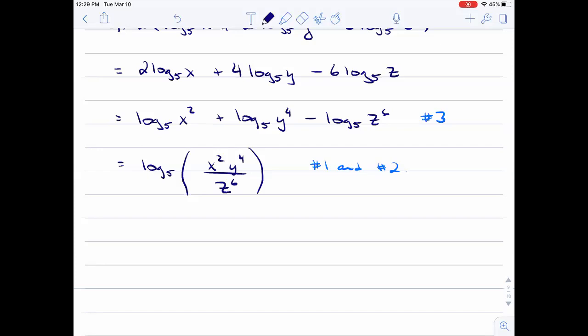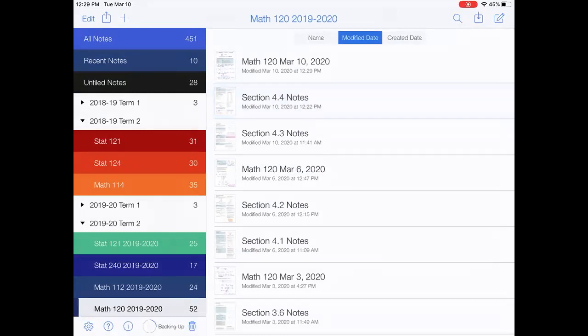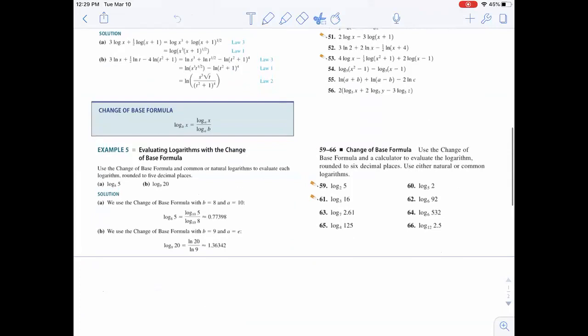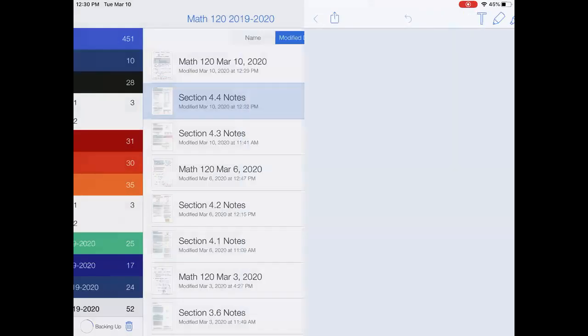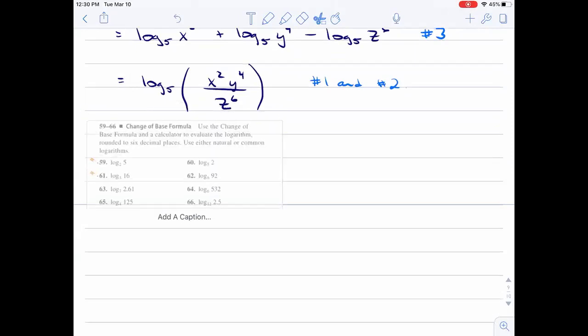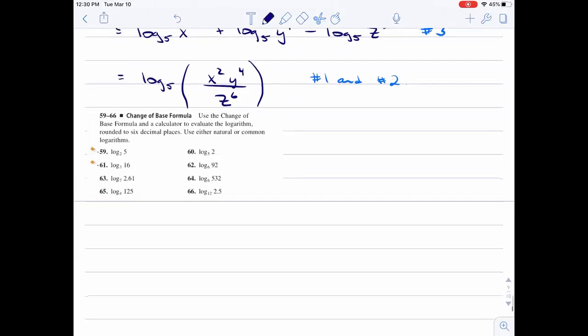We already talked about the change of base formula, so I mean, can have a look. How about we do the change of base number 66? Sure. We already did this one, so let me see if there's, okay. I'm gonna keep it on the same page here. 66, well,